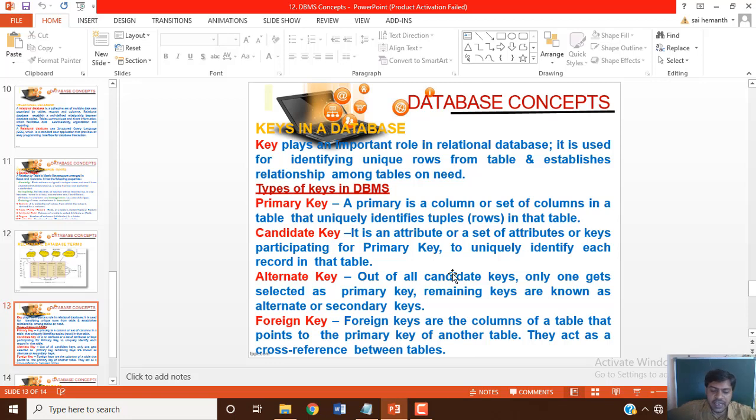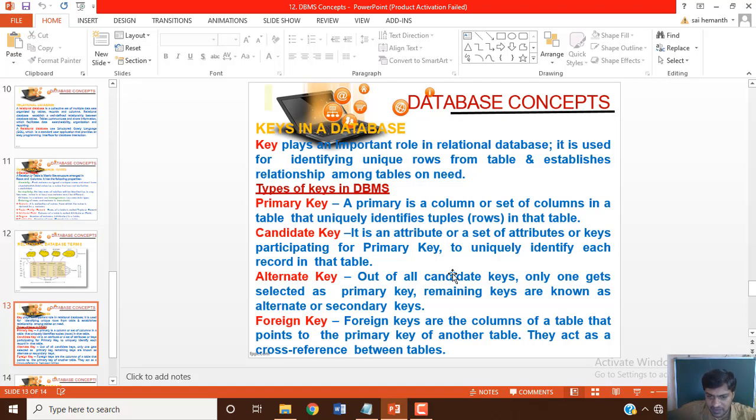It is always unique in nature. The moment you say in a table that one particular attribute, field or column is a primary key, we call it itself a unique key. That's why it is always unique in nature. That is non-redundant data.